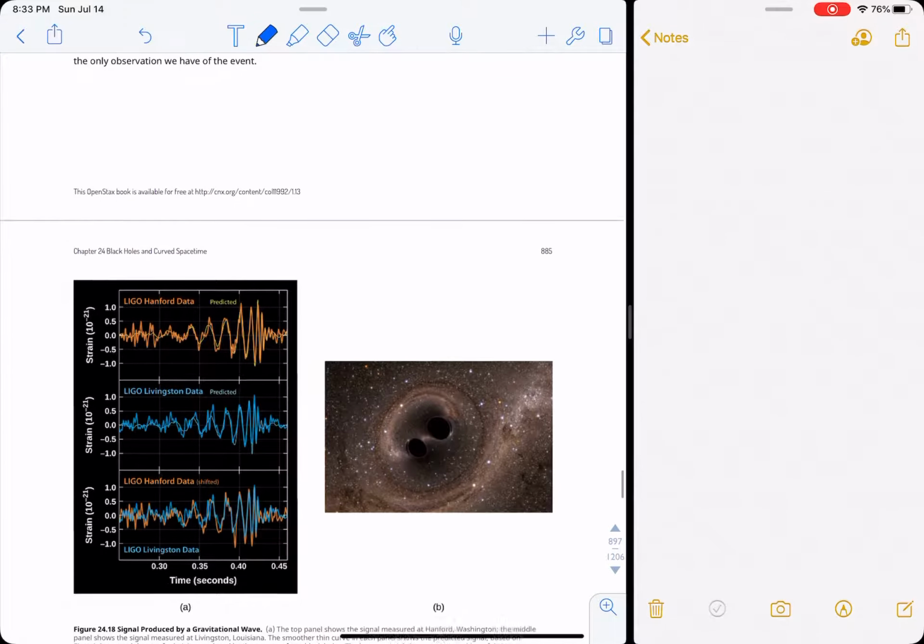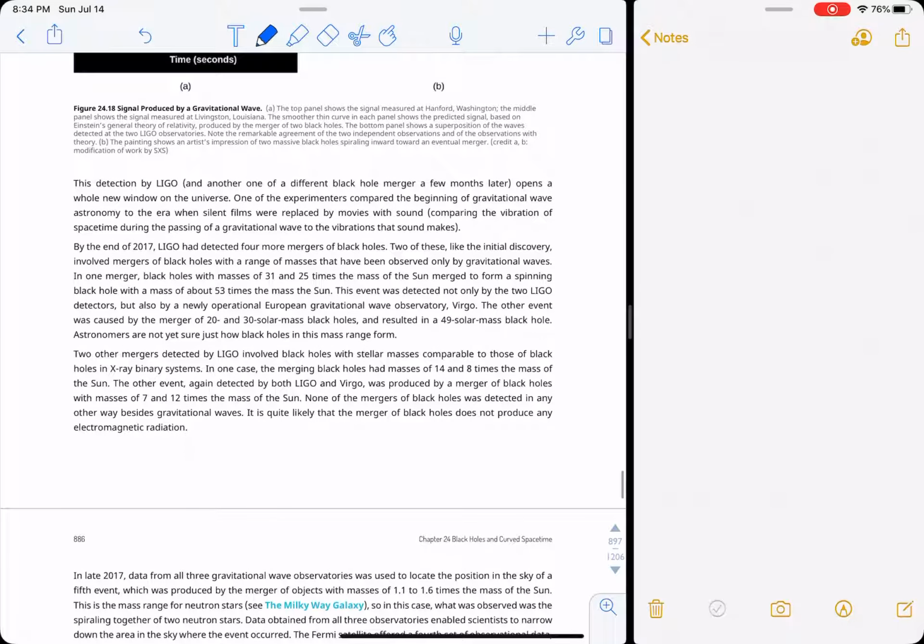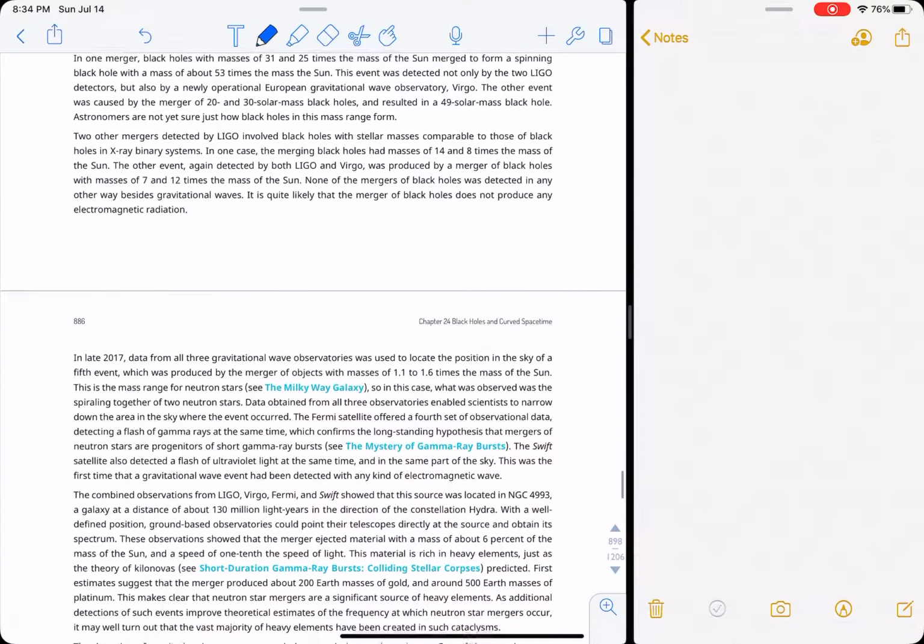Okay, so yeah, here's the first. This is Hanford in Washington State and Livingston in Louisiana. These are the two signals, and if you combine them, you see that they both have the same pattern. And there it is. Two black holes orbiting each other in their last phases and then merging, and that's what happened. So we've detected a bunch of them now. That was the first one they announced. That was a big deal. We have detected, according to this, 4 more by the end of 2017, so they seem to be happening pretty regularly.